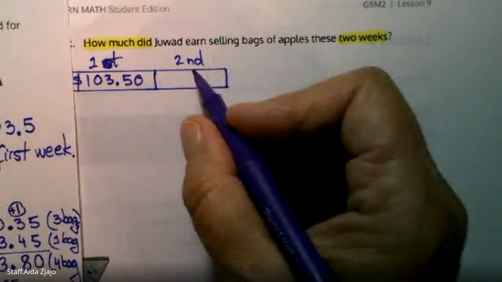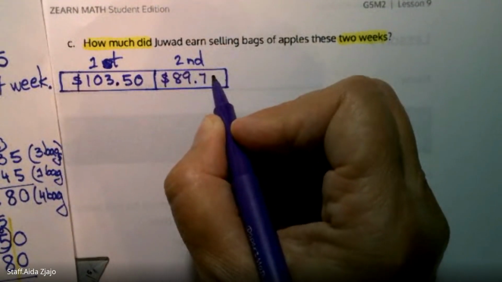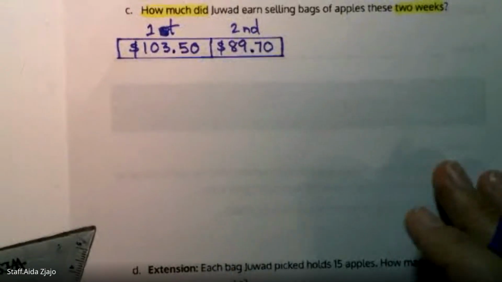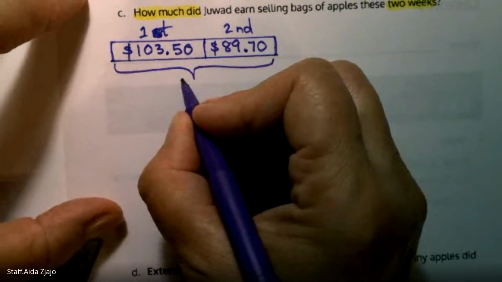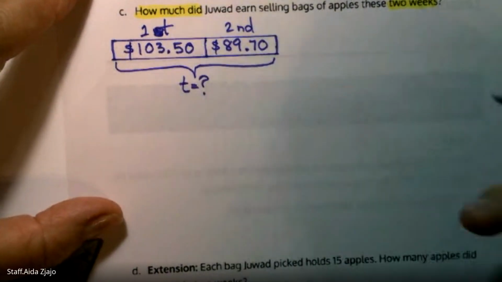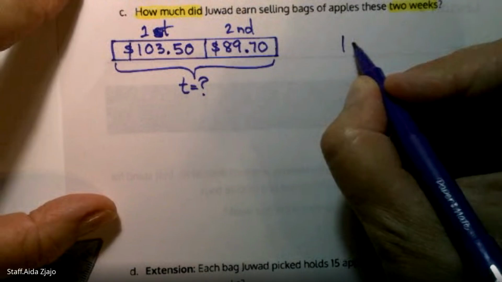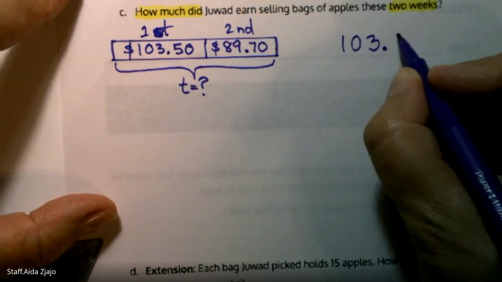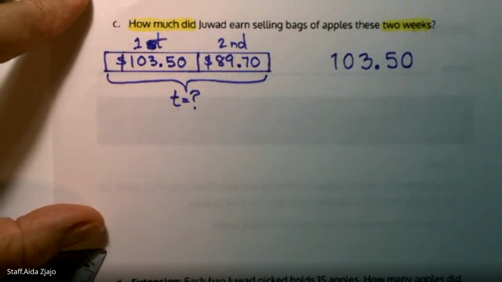First was $103.50, and the second was $89.70. So the question is the total of the money, T for total money. T is question mark. So now we can add $103.50 first. So that is, now when I have